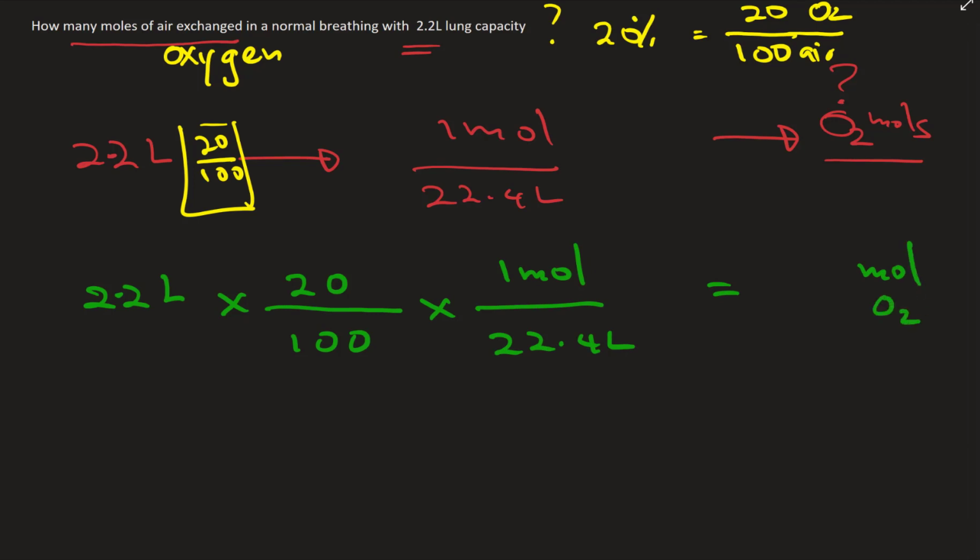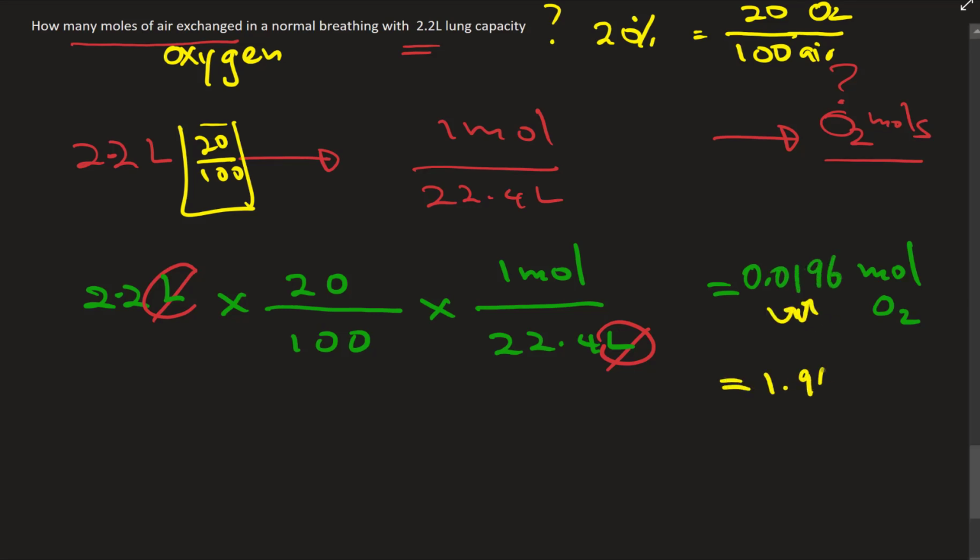Then you plug in the 1 mole over 22.4 liters, right? See, the liter to liter cancels out. The percentage doesn't have a unit. You're left with moles of oxygen, right? Easy calculation. Everything above the line you multiply, everything below the line you divide. That's it. So you end up with 1.96, scientific notation here, so you jump 2 to the right,